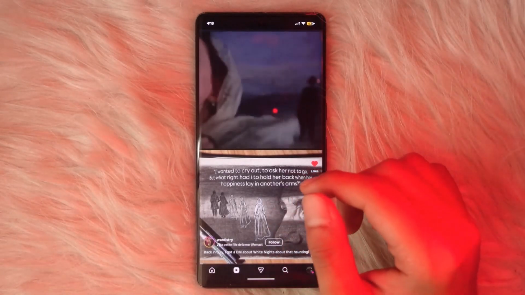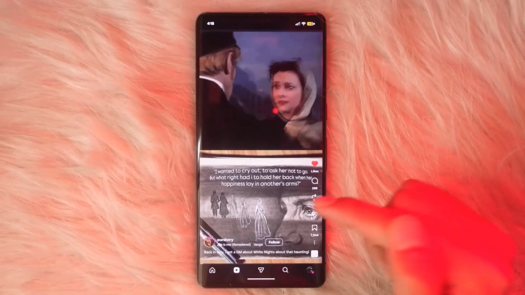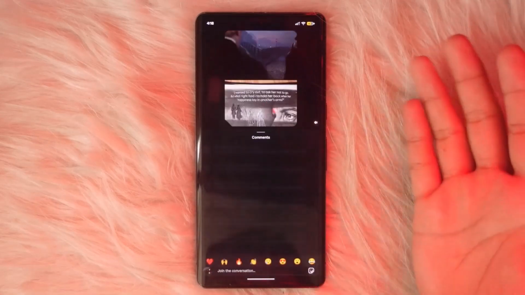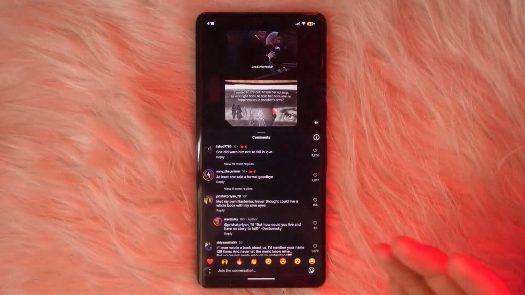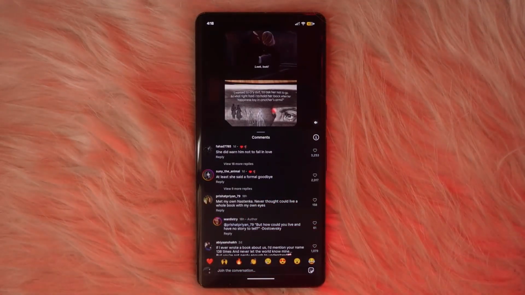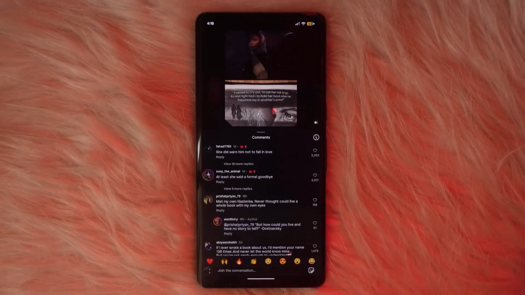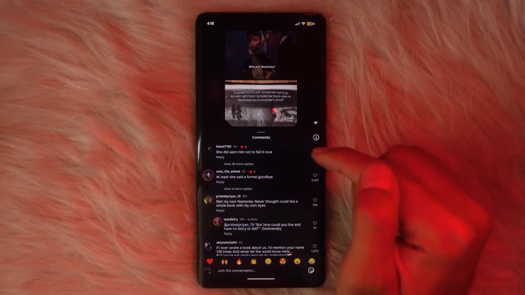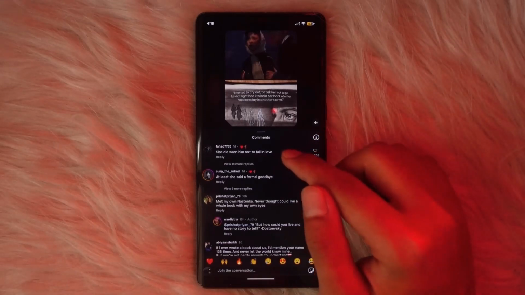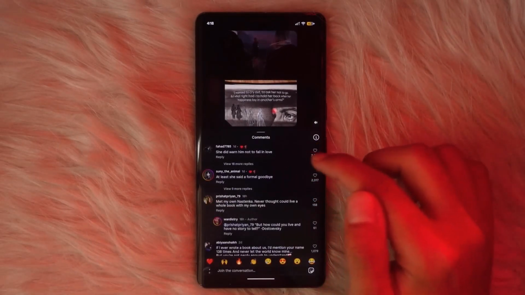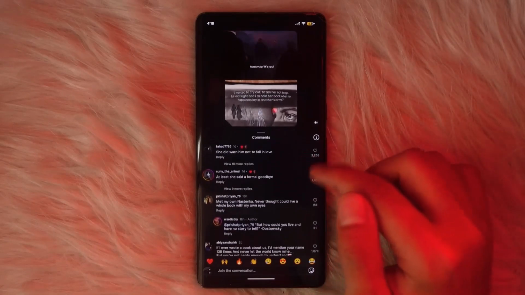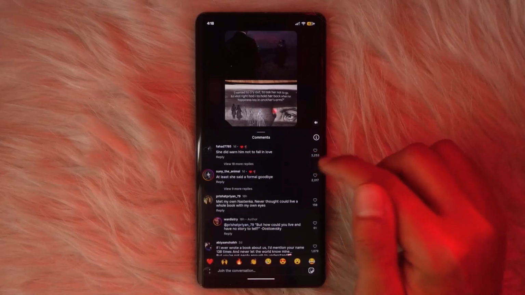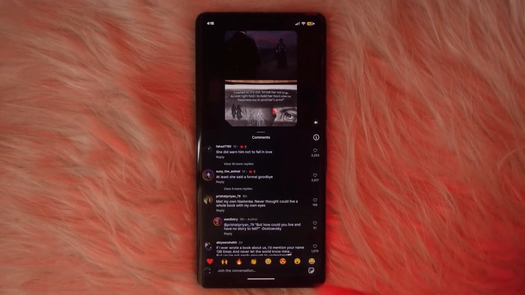Now, to use the comment dislike or downvote button, all you have to do is go ahead and open your comments and locate a downward pointing arrow or sometimes a thumbs down icon. Locate it right next to the heart icon, or you could even say like icon. It is not available in mine because this feature is currently only available in a few regions. However, it is not in my region, so it might not show here, but it should be available to you over here. Now, once you tap on this arrow,